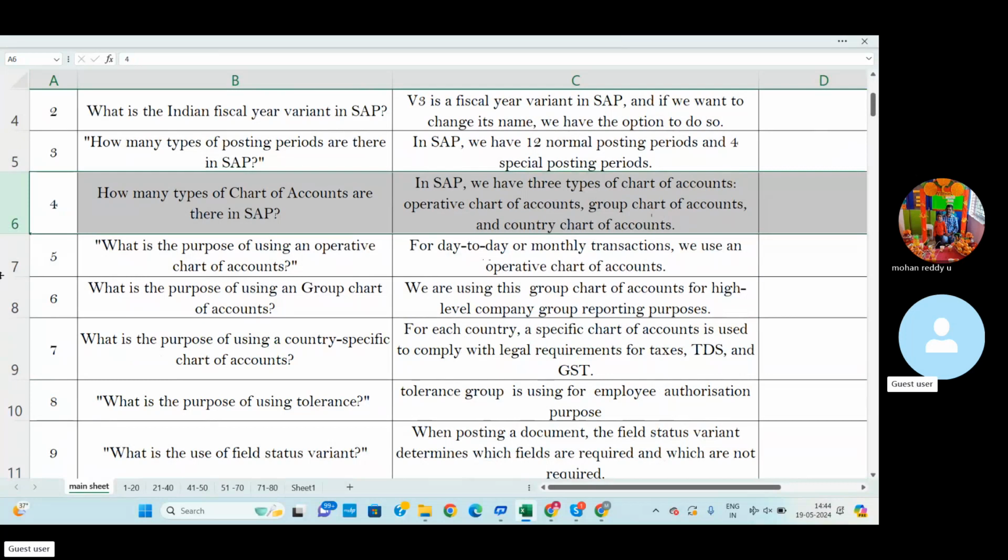Whatever the transaction, daily, monthly, yearly, we assign the operative chart of accounts.